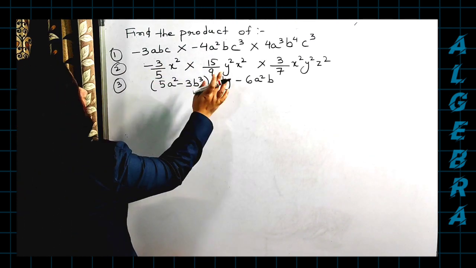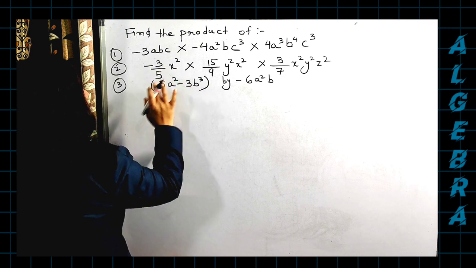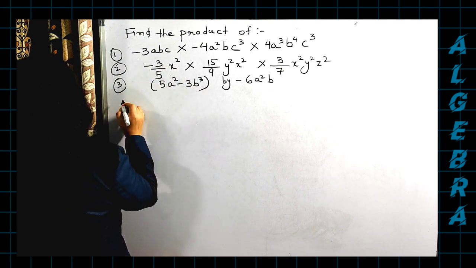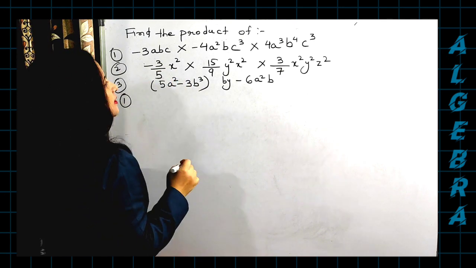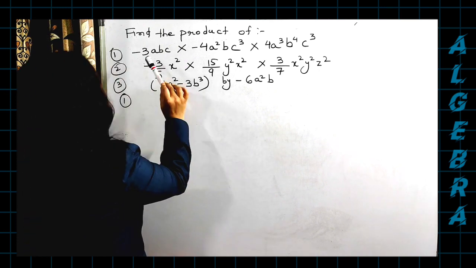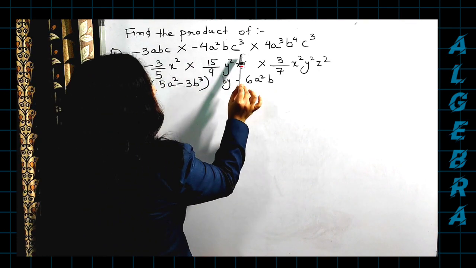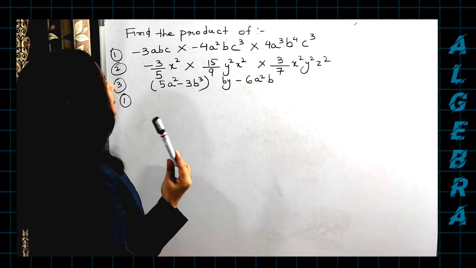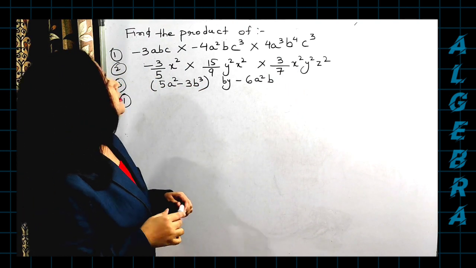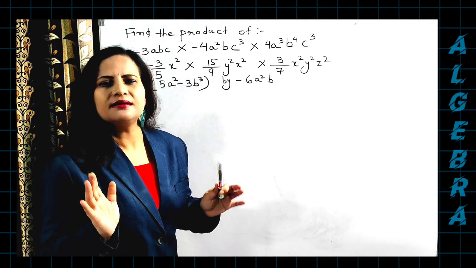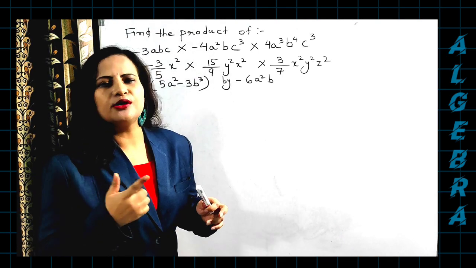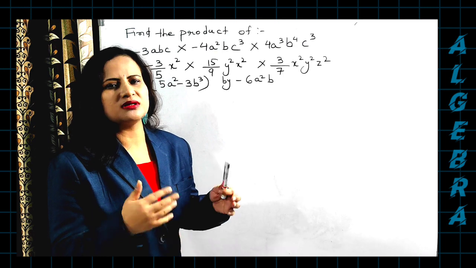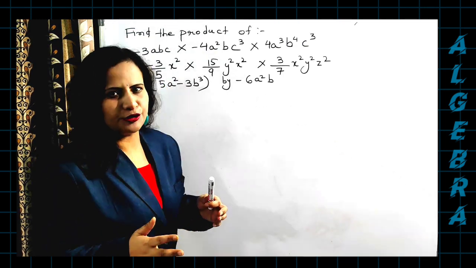The first one is what? You have to multiply, okay? These 3 questions I have written. Now let us start from the first number. Now just see here. You're asked to multiply minus 3abc, minus 4a square bc cube and 4a cube b to the power of 4c cube, right? So the first rule that I would like to tell you is multiply the number part. Orally also you can do it, but I'll be writing some steps for you because it's a bit new for you all, right?